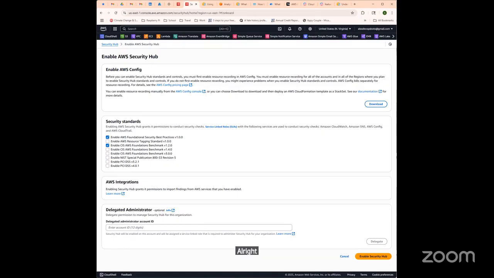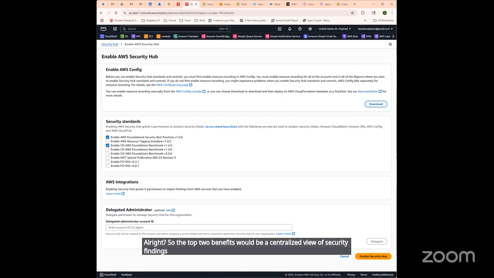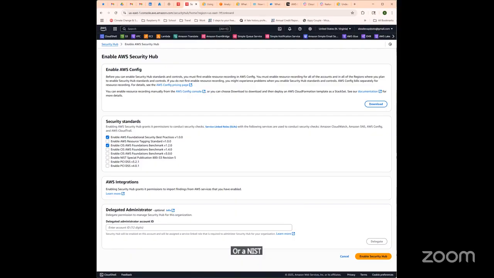All right. So the top two benefits would be a centralized view of security findings and continuous compliance checks against standards like CIS, PCI DSS, or NIST 800-53. Okay, next we'll go into